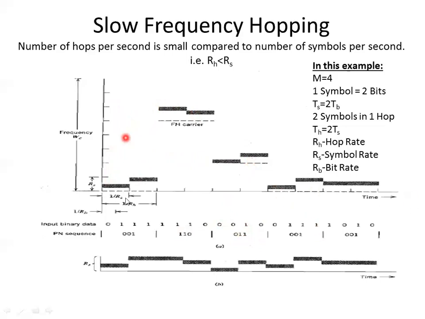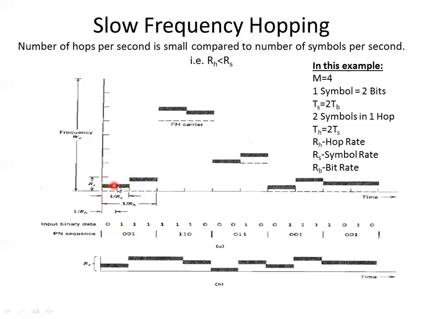Similarly, these 2. And within this one hop, we are supposed to distinguish our 4 symbols. That's why we have 4 subcarriers, 1, 2, 3, 4. This band is divided equally into 4 subcarriers corresponding to 4 symbols. Here 01 and 11, once again looking at the decimal equivalent, this I'll say as subcarrier F1, this I'll say as subcarrier F3. So you can see subcarrier F1, subcarrier F3, assuming that it is F0, F1, F2, F3.